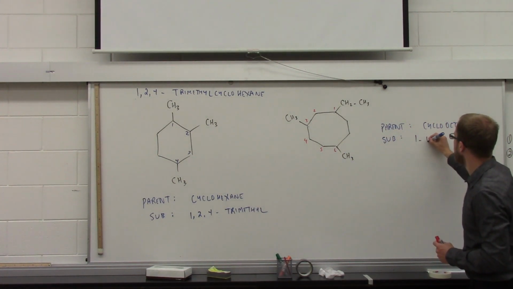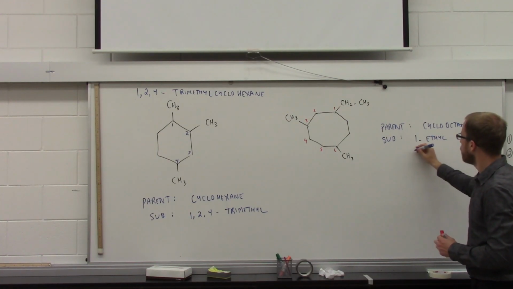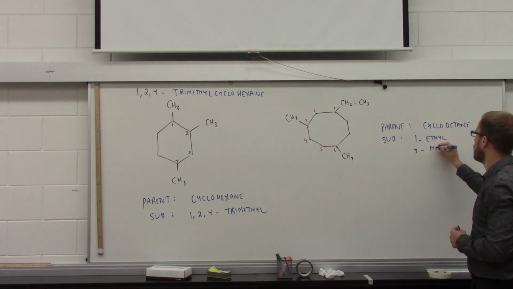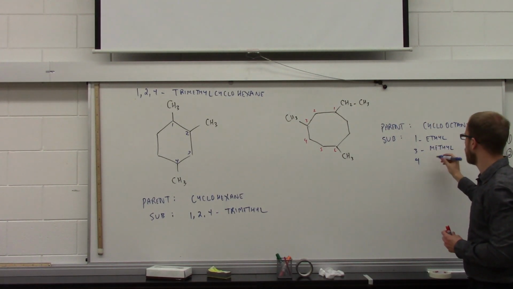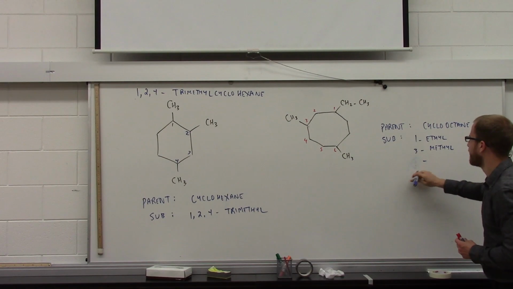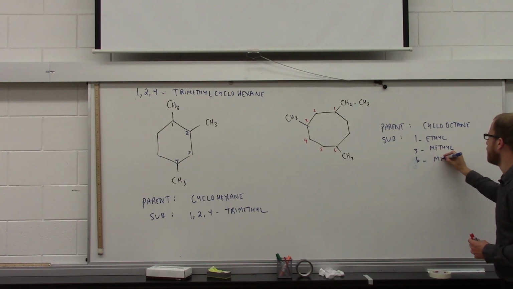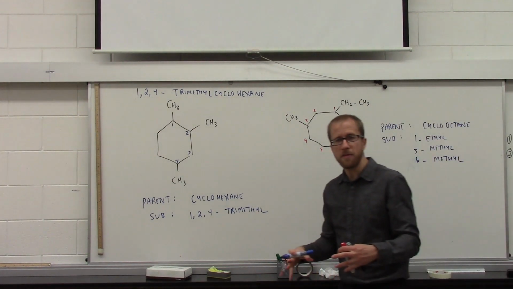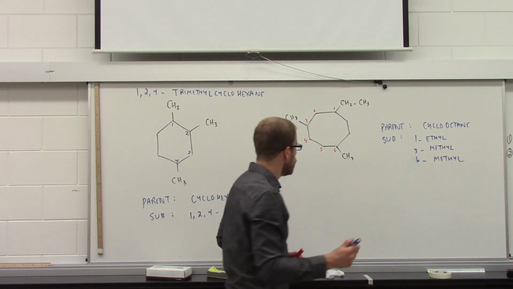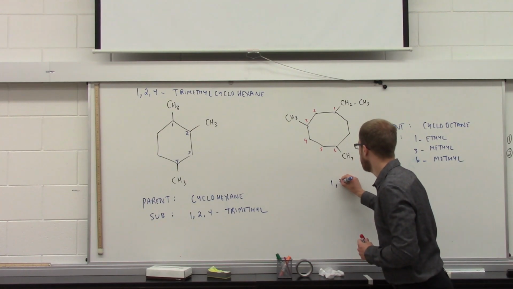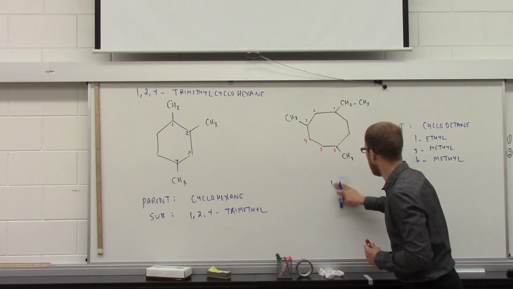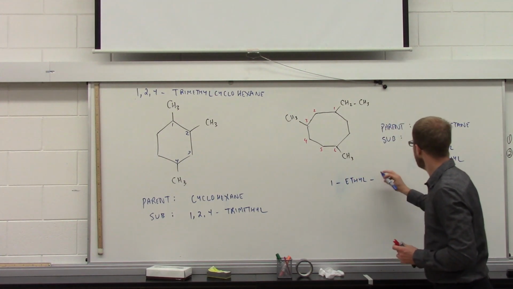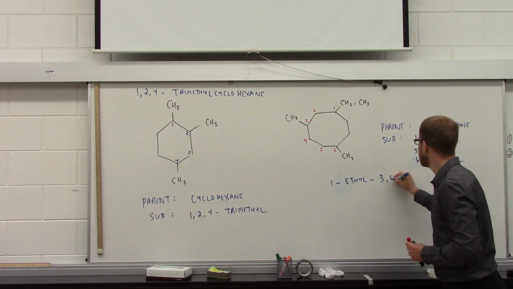So we have 1 ethyl, we have 3 methyl, and we have 6 methyl as well. Now if we add this all together and create our name, we get 1 ethyl, we have 3, 6